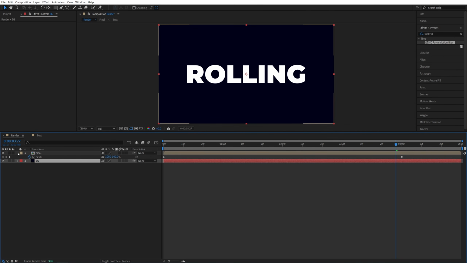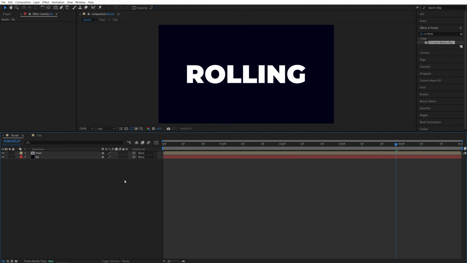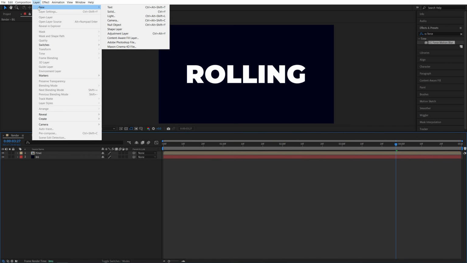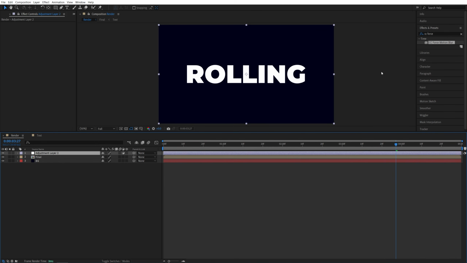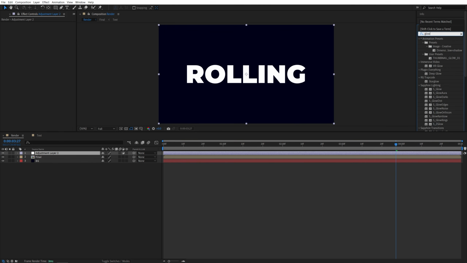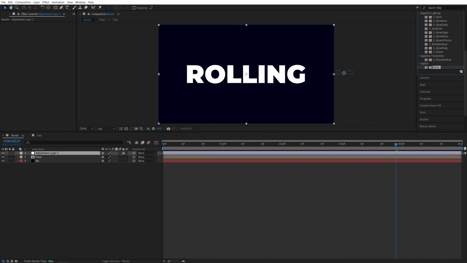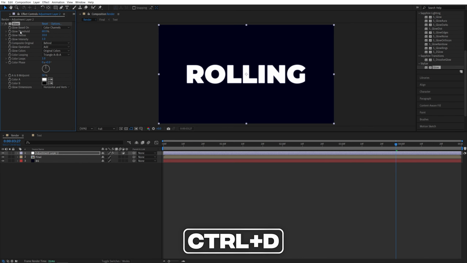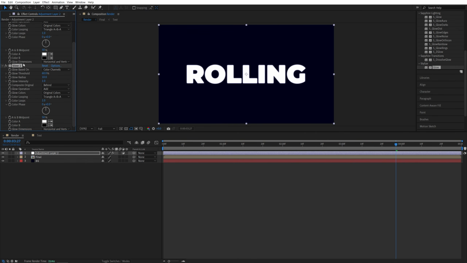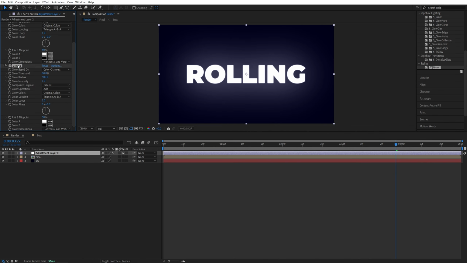And also let's add a glow effect to the animation, and for that we are going to use an adjustment layer. So again, layer, new adjustment layer, and let's search for glow in effects and presets, the stylized glow, add it to the adjustment layer. Then in effect controls, I'm going to leave the first glow as it is, then select it and press Ctrl D to duplicate it. Now for the glow 2, let's increase the glow radius to 500,